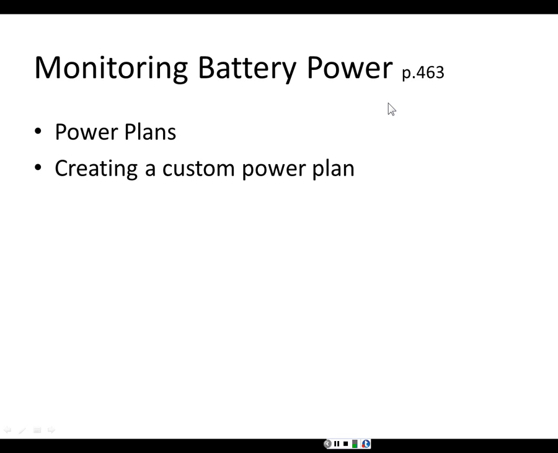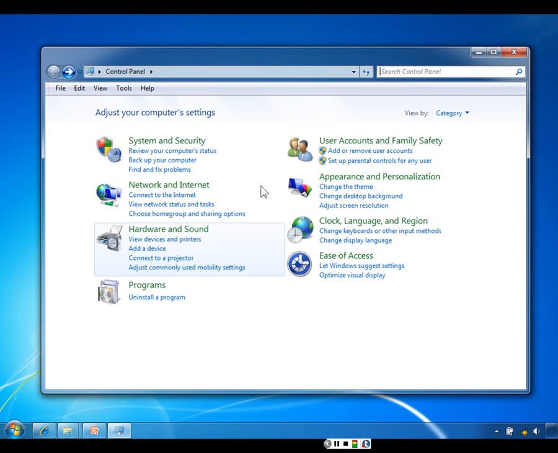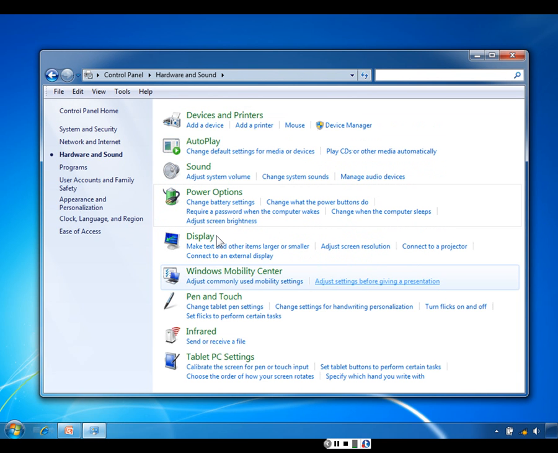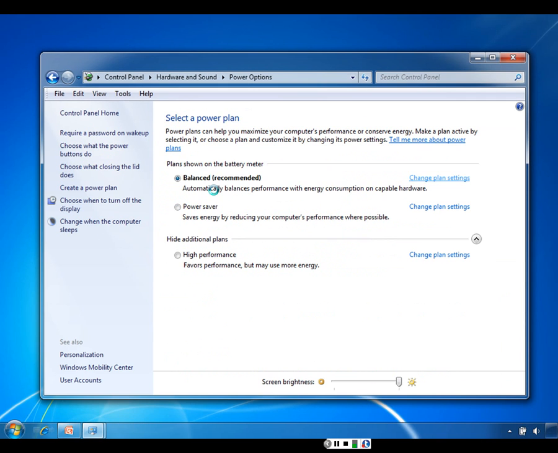Page 463, Monitoring Battery Power. Let's look at power plans and creating a custom power plan. If you go into the Control Panel, go into Hardware and Sound, and select Power Options